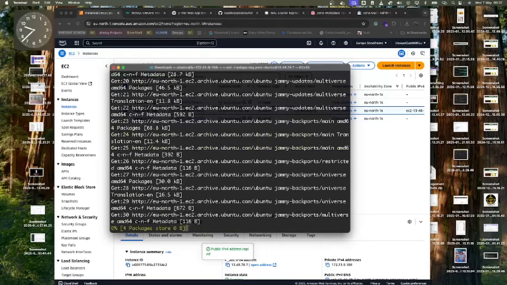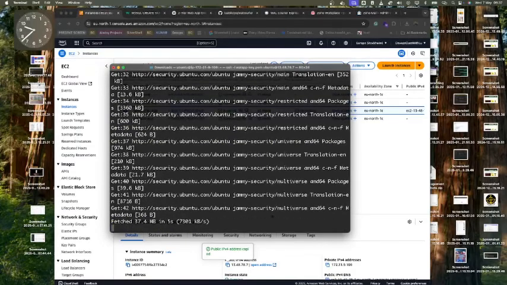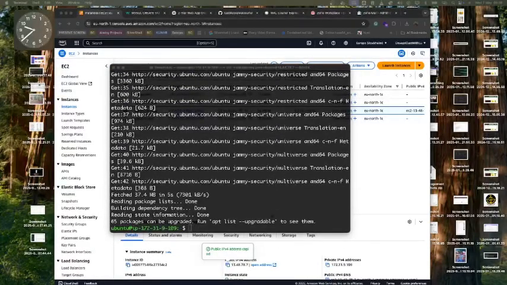So just update your Ubuntu server packages. It takes a bit of time, but yep, that's done. And the next thing is to install